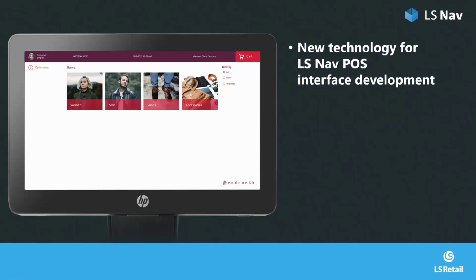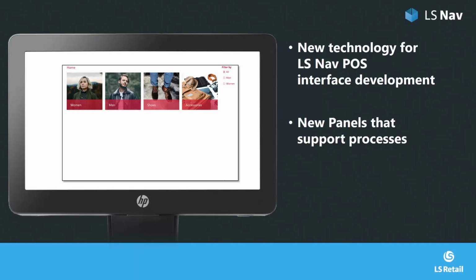Let's look a little bit to the future. What we're working on now is new technology for the LS Nav POS interface development. And here you can see a picture of a POS done by our designers. This is part of our design work, but what we are doing here with the new interface is taking, for example, that picture and creating